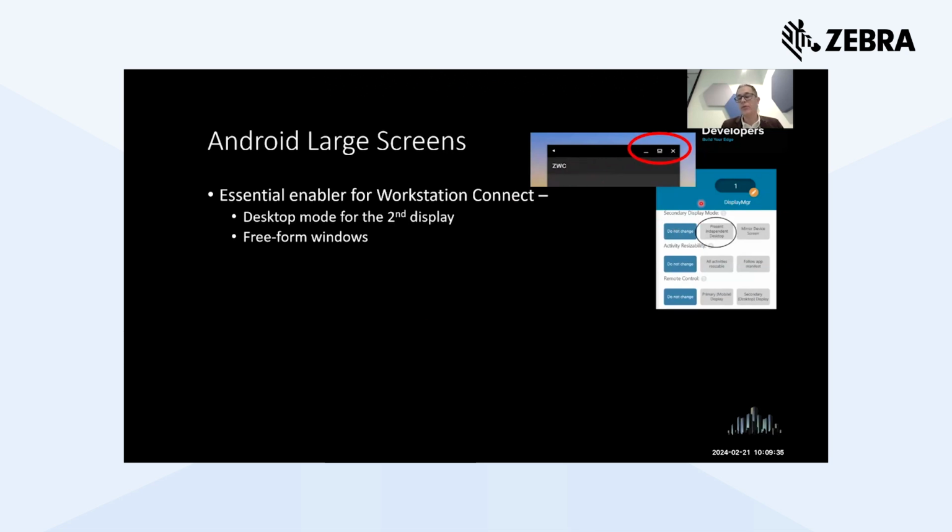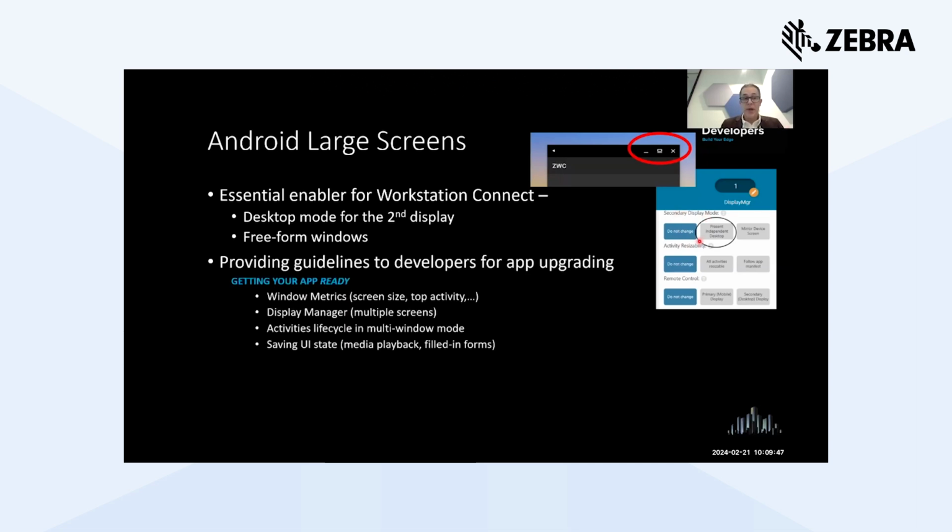For this configuration, you can leverage Stage Now, for instance, which is offering special settings to enable the secondary display mode. But the Android large screen APIs are also providing guidelines to developers in order to upgrade your application, because if your application was designed just to run on the internal display, probably you need to get your application ready for the larger screens. You have to deal with window metrics, so understanding the screen size, which is the top activity, and